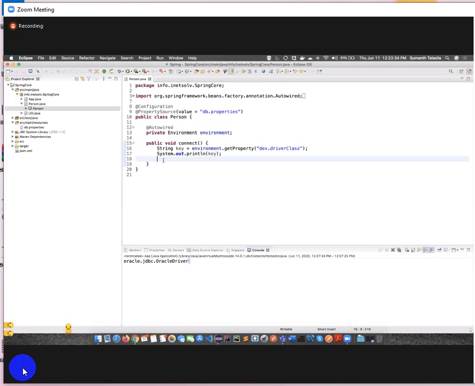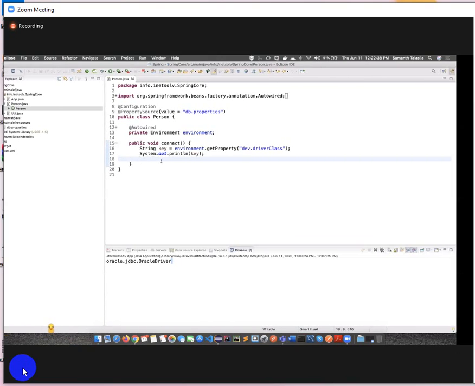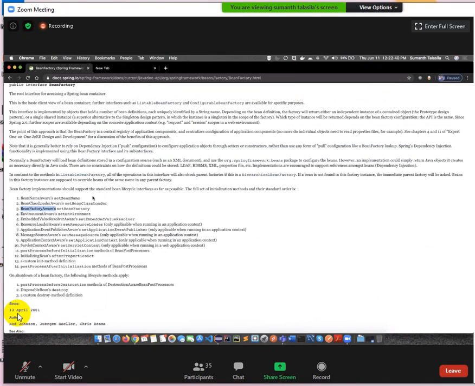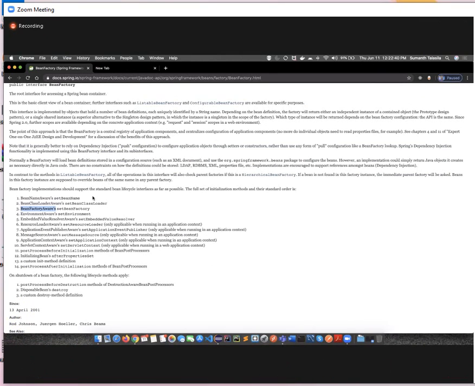Are we clear? Yes, sir. So those are the Aware interfaces here. Not only one Aware, there are so many Aware interfaces. Now read all. Read. Next, what is the next one?